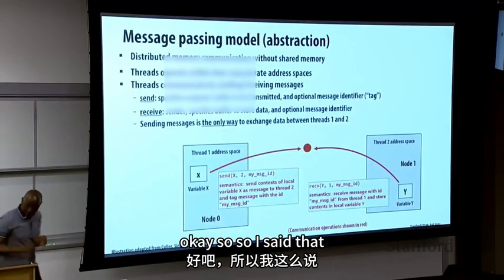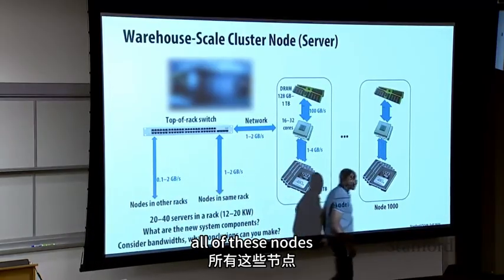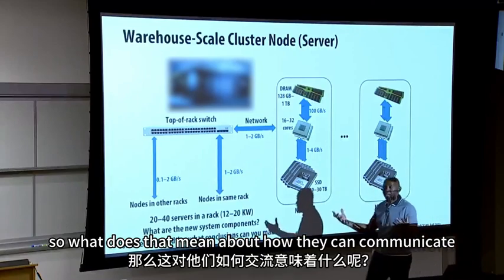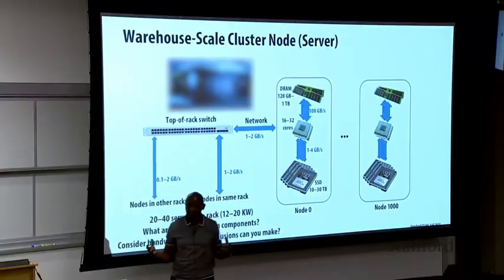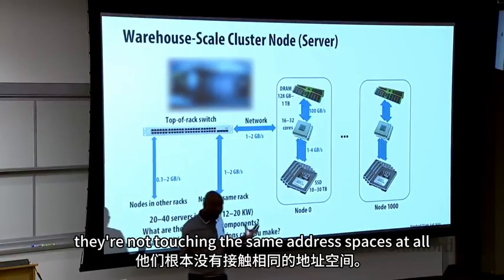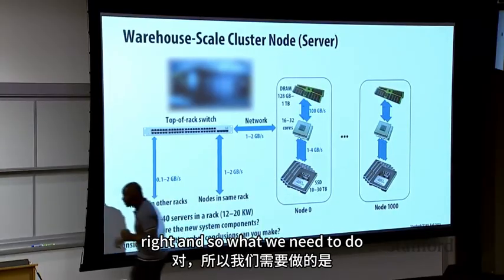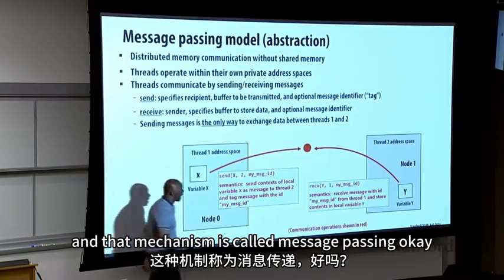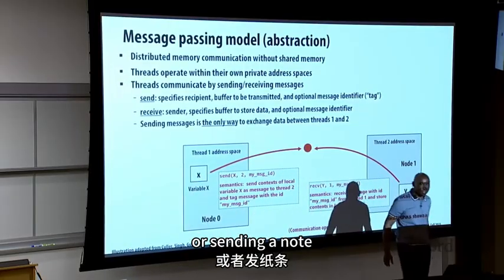Okay, so I said that all of these nodes are running different operating systems, okay? So what does that mean about how they can communicate? Can they share memory? They can't share memory, right? They're not touching the same address spaces at all, right? And so we need another mechanism for communication, and that mechanism is called message passing, okay? Which is like kind of sending a letter or sending a note